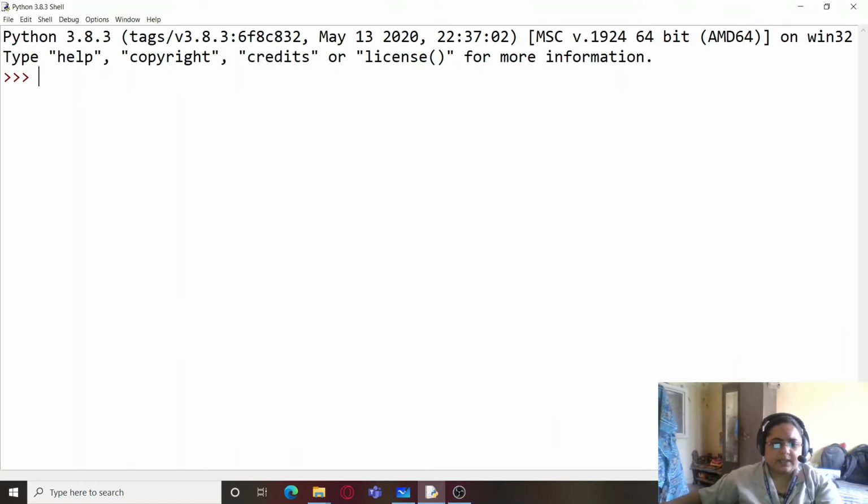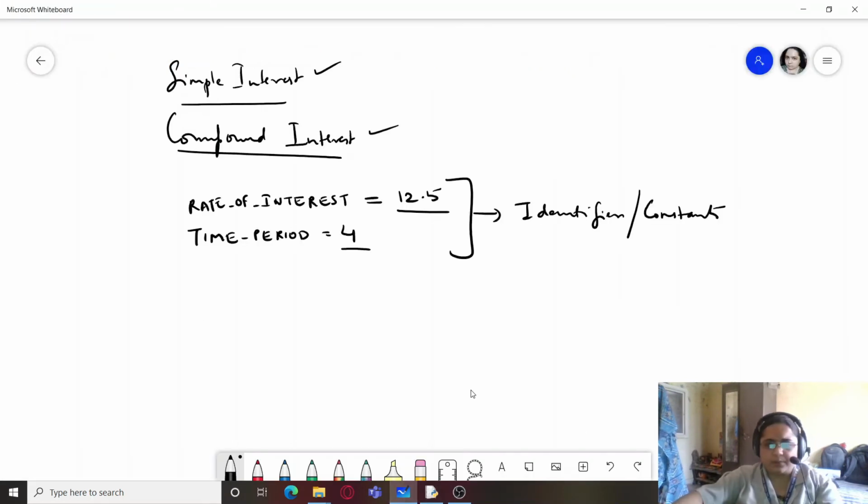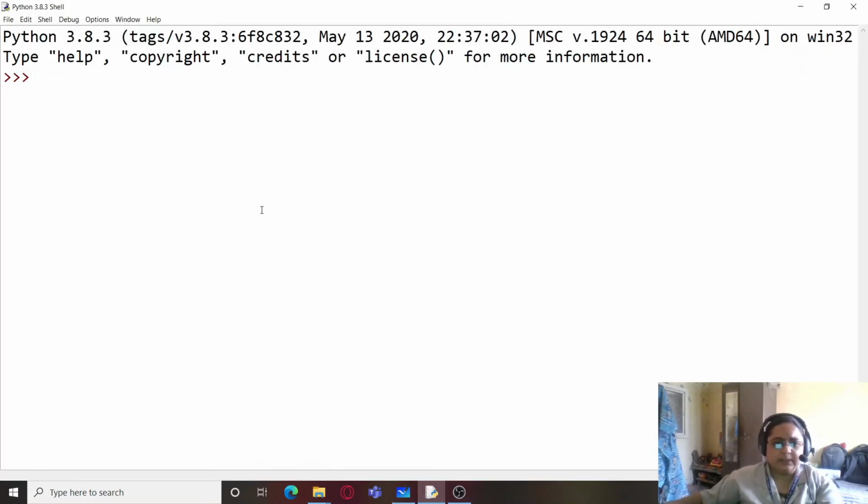Now let us start with creating this. You should know that modules are nothing but simple Python programs which are saved with the extension .py. So we will start with creating a simple Python program.